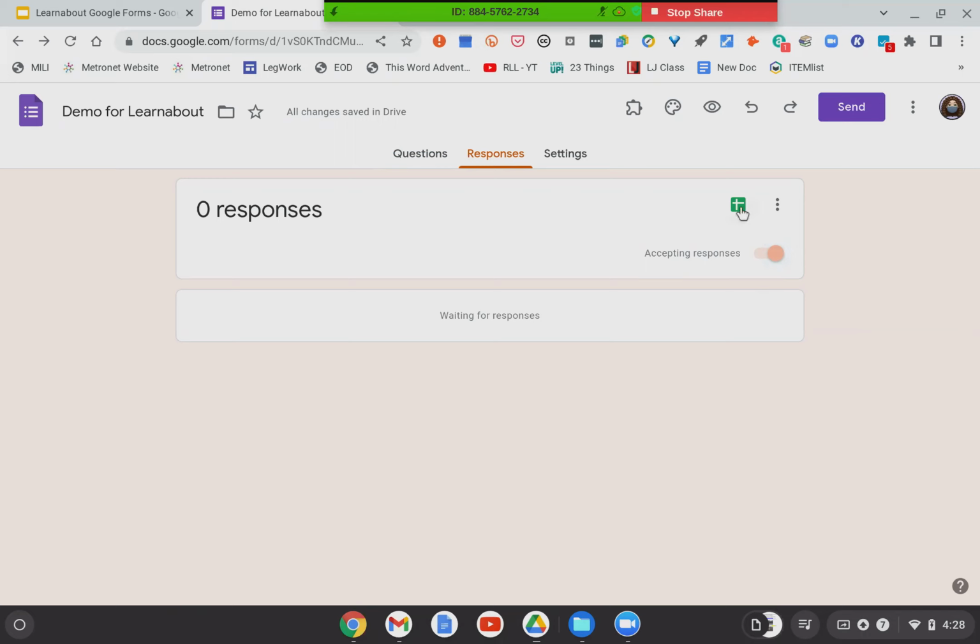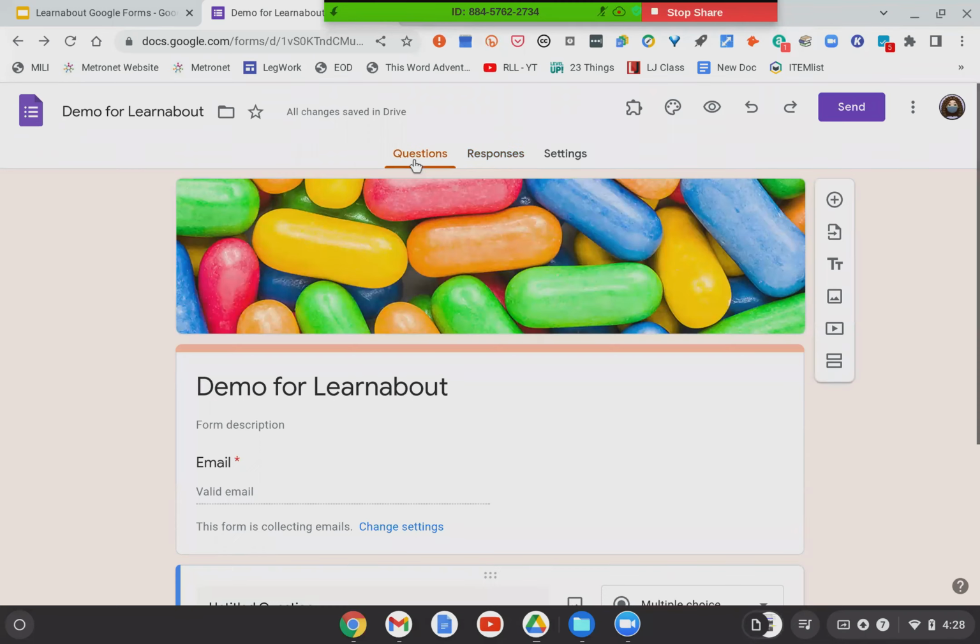And of course, the ability to send this as a spreadsheet. So any responses that you get can be tabulated into a spreadsheet, which gives you more flexibility and functionality with controlling your responses. So if you're doing a survey, you'll want to be able to tabulate those answers. Those things will remain in here regardless, but your forms will start to populate. So let's get into the nitty-gritty.